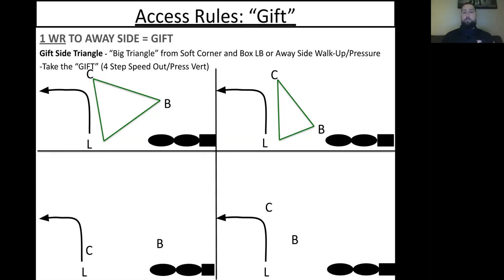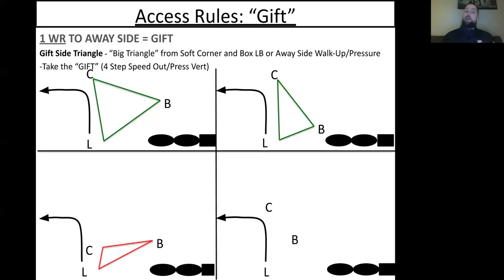We're always looking to put our guy on the ball and it immediately goes out of bounds, because on 1st and 10, if you get a 6 or 7 yard completion, it's 2nd and 4, 2nd and 3. Your whole playbook's open, so we love that, right? So big triangle, we got this.